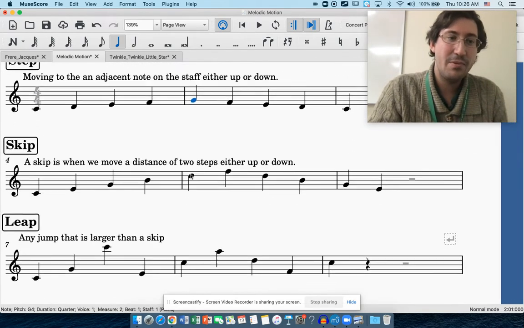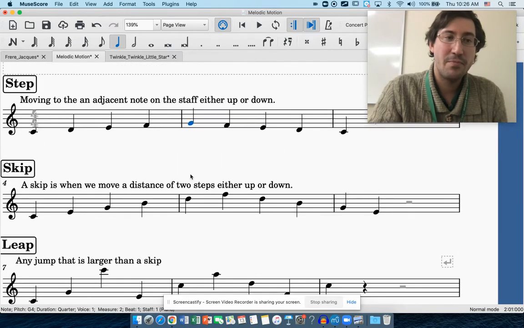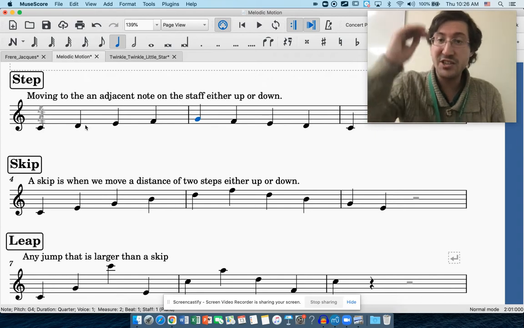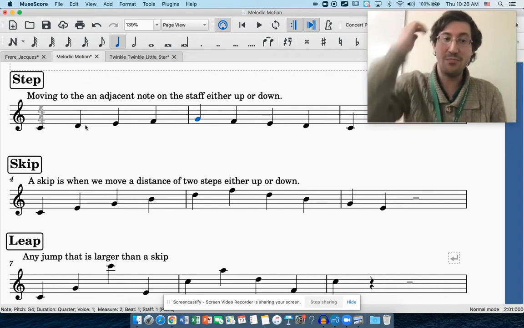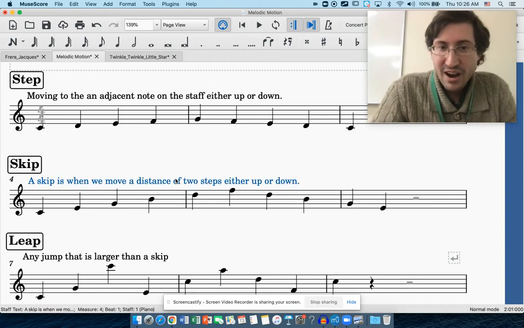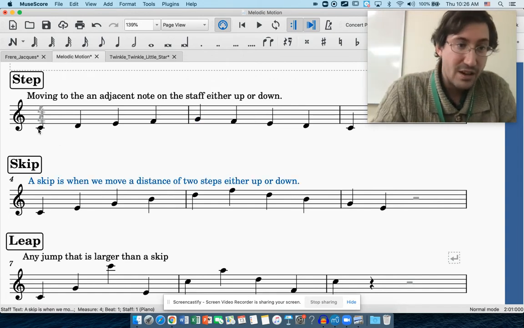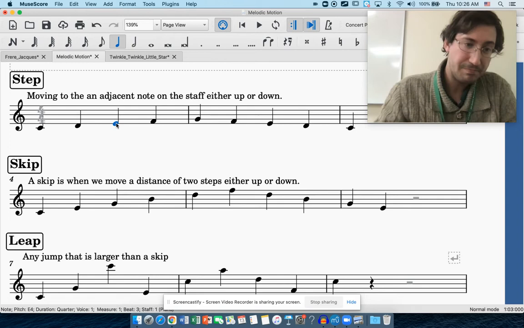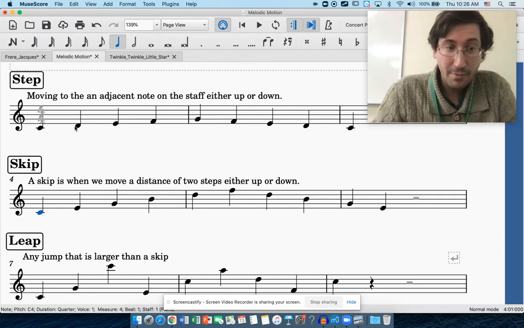Our second type is a skip. Now, a step was going to the adjacent note. A skip is simply going to skip one. So it's the distance of two steps, either up or down. So here we went C, D, E. That was stepwise, just going up the ladder here. A skip would be if I left out this D and just went from C, skipping over D,